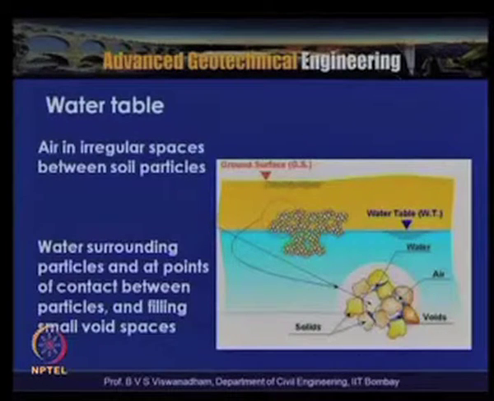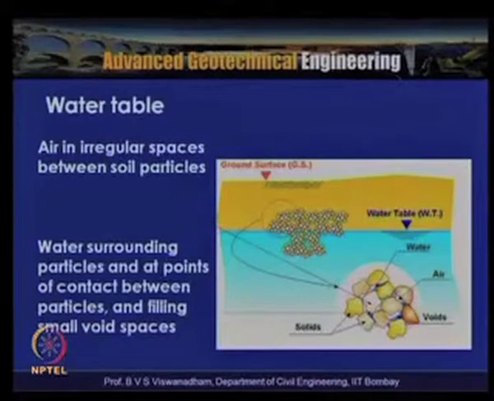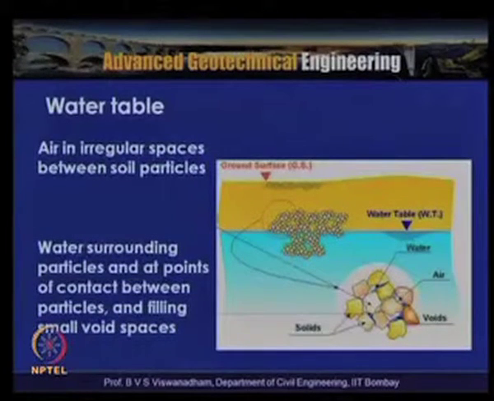As you can see in this slide, a cross section of a soil profile is shown with the groundwater table. The soil below the groundwater table is completely saturated with water, filling all the voids within the soil. Here, this zone is partially saturated, where you have air and also some water. So, mostly soils are completely saturated below the water table, and above the water table the soils are partially saturated in nature.